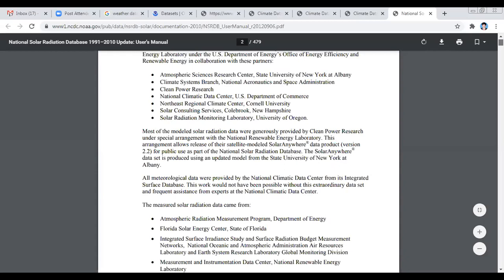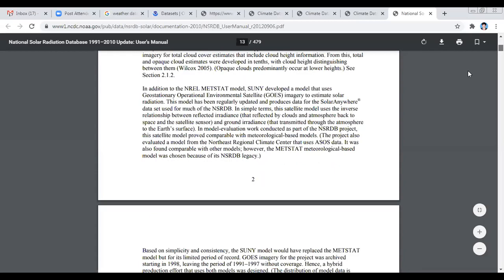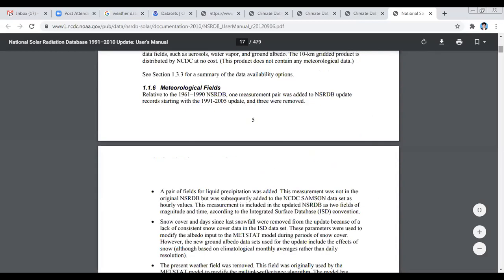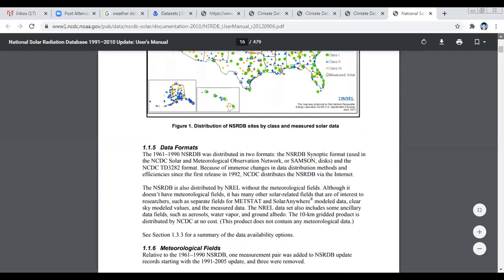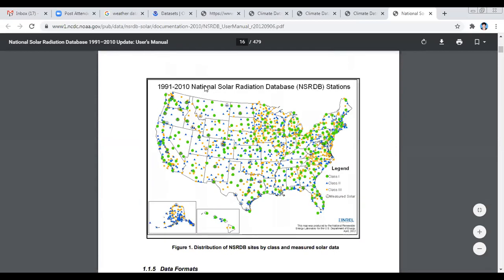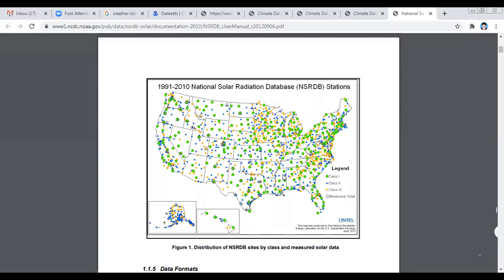So how are these sensors going to be placed? See here, the picture is visible to everyone. See that? National Solar Radiation Database Station. So this is the total, how they are going to be placed. What is class 1, class 2, class 3? It is similar to our power station. Generally, we have a current bill with load 1, load 2, load 3. A general house is given load 1, industry purpose load 2, and very high industries are given load 3.